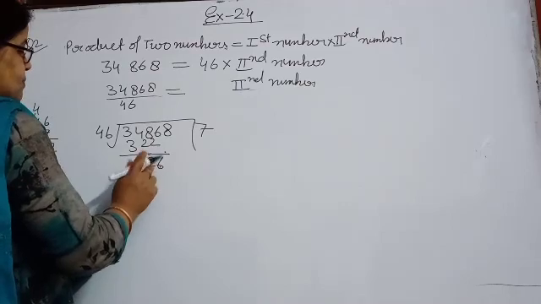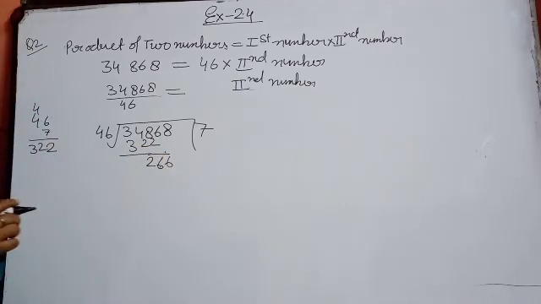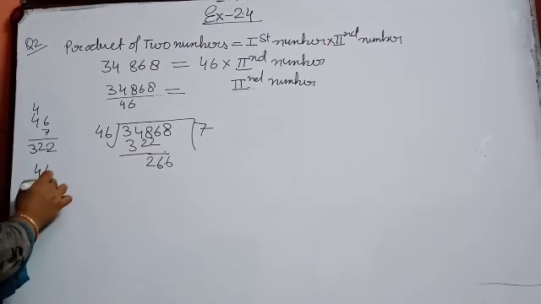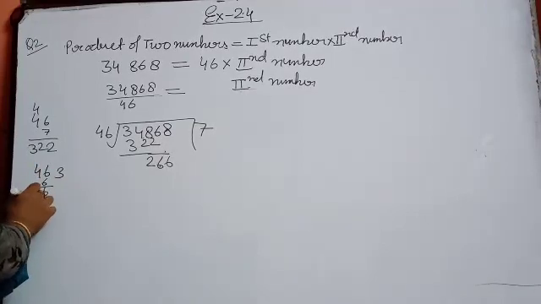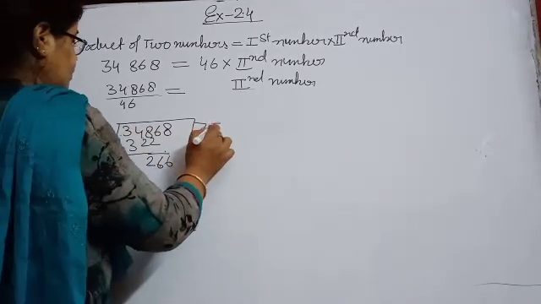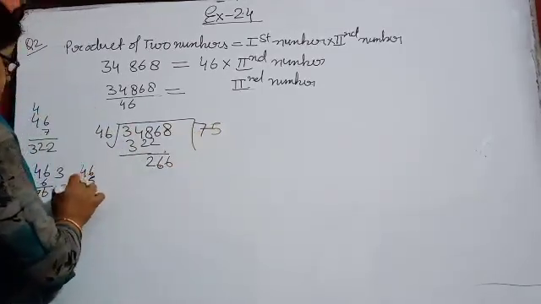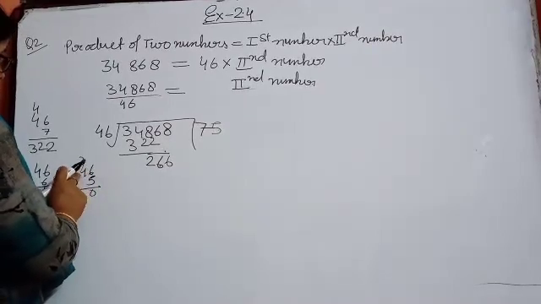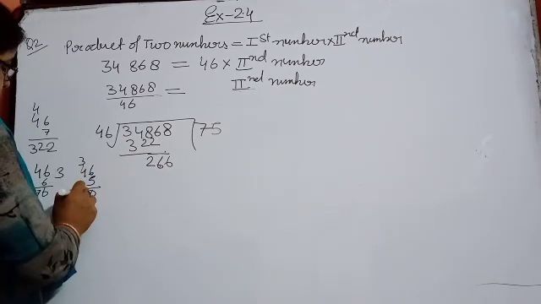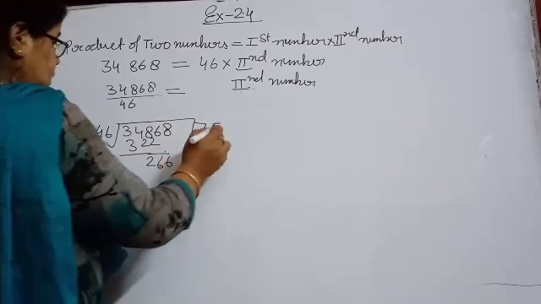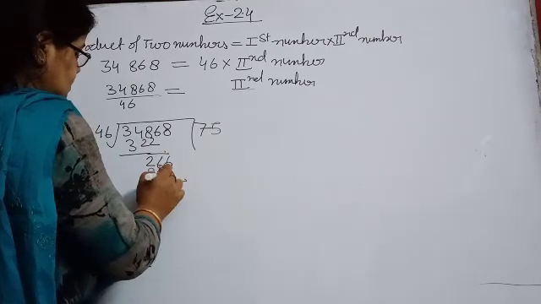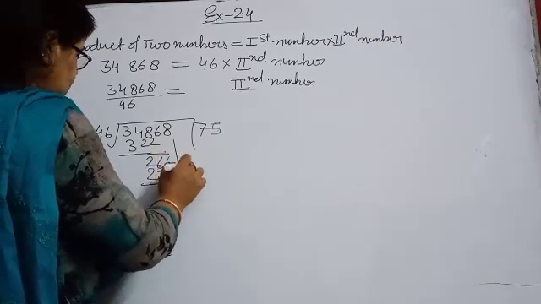Again bring it down. 5 ja 20, 46. 6 times is becoming greater, so it should go 5 times. Okay, 46 5 ja: 5 6 ja 30, 3 carry, 5 4 ja 20, 20 plus 3 is 23, so it will go 230. How many times? 5 times, 230. Okay, so 6 will be the remainder, 6 minus 3, 3. Now bring down the 8.